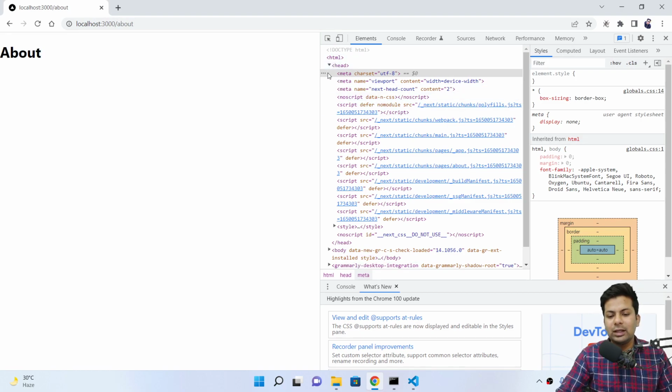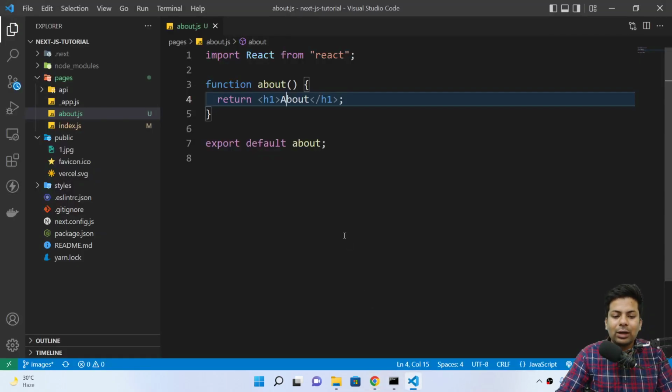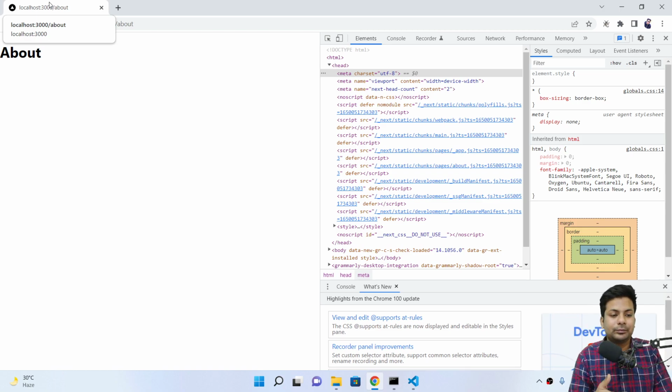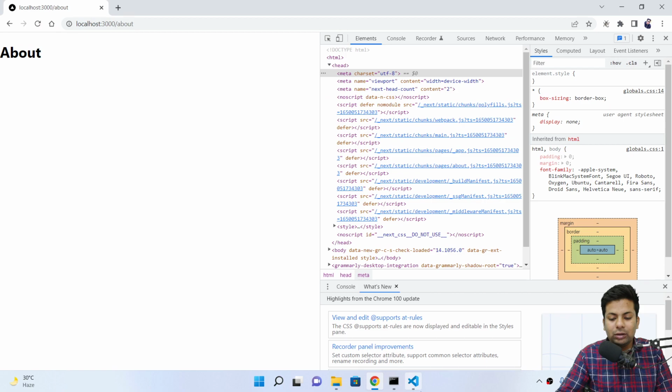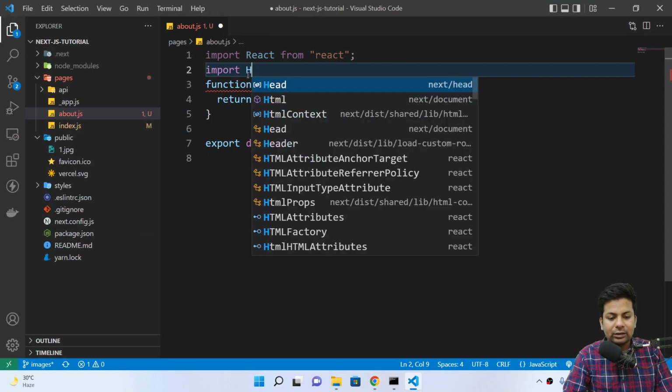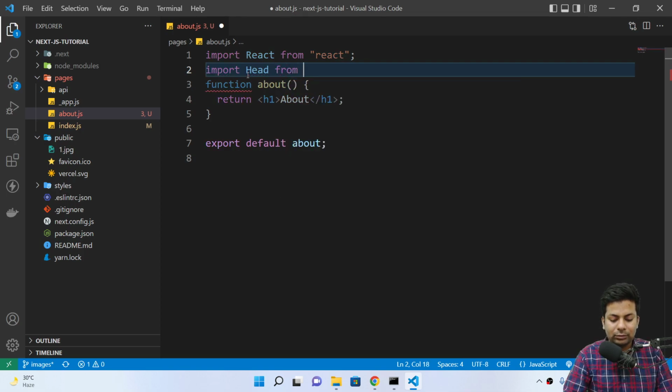So you can see these are some meta tags by default given by Next.js. Okay, now I want to add my own, and there's no title, and this link tag is also being given by Next.js only. So what we can do, we can say import head from next